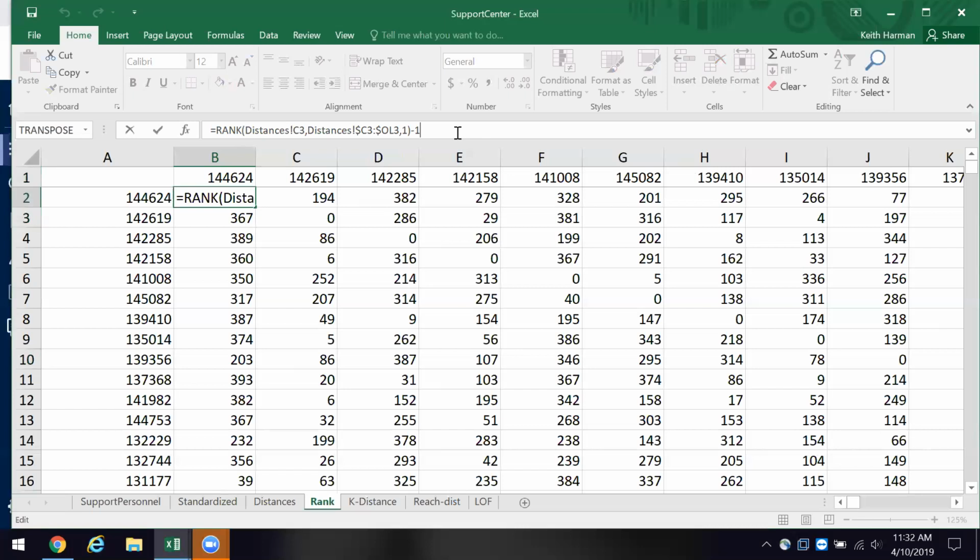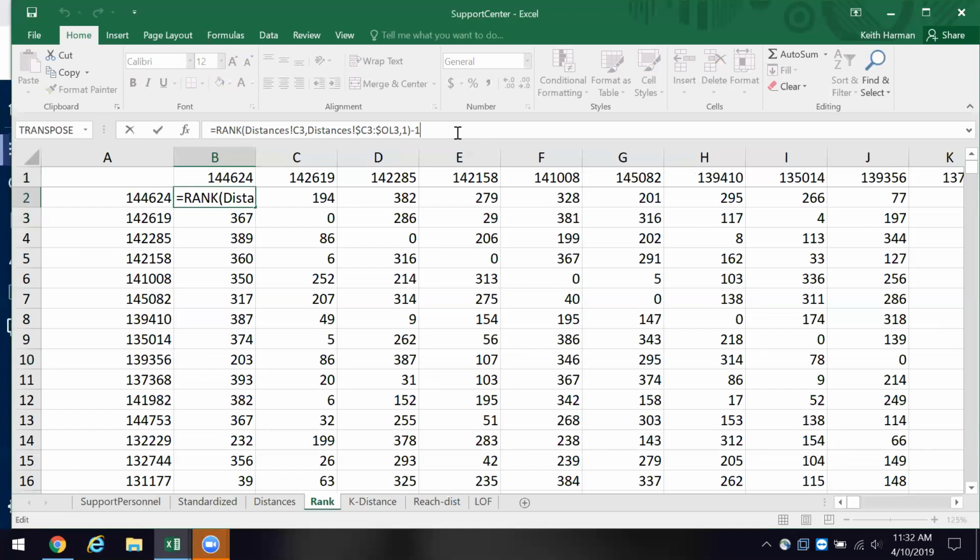And then we determine order, and we've got some choices. If the order is 0, it's ranked in descending order. If we want a non-zero value, we create an ascending order rank. Duplicate numbers get the same rank. And you could use a correction to handle ties, and he talks about that.